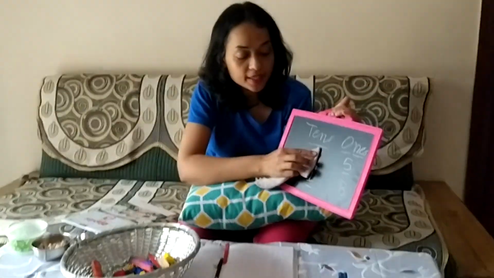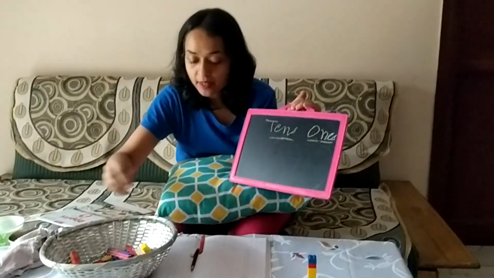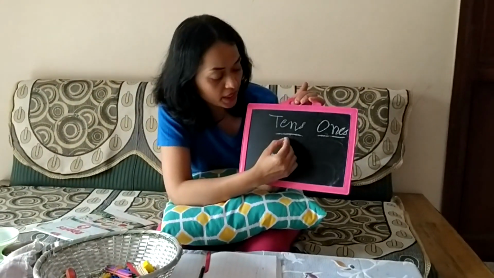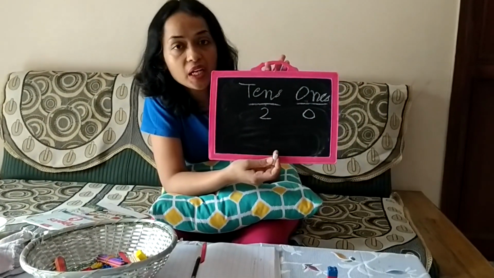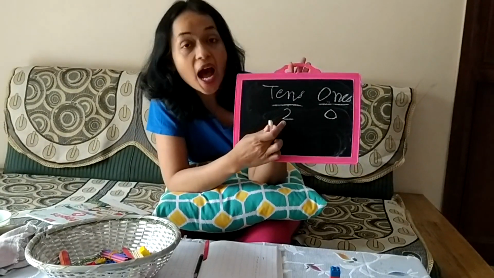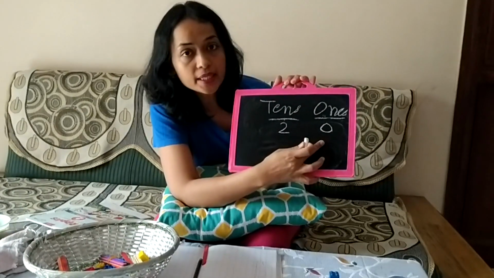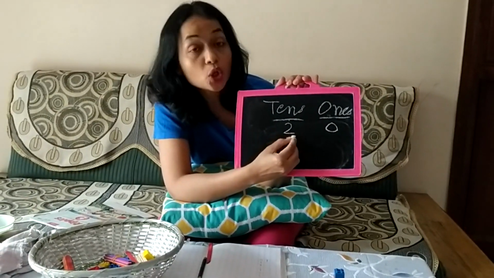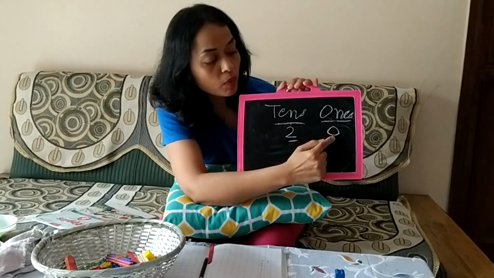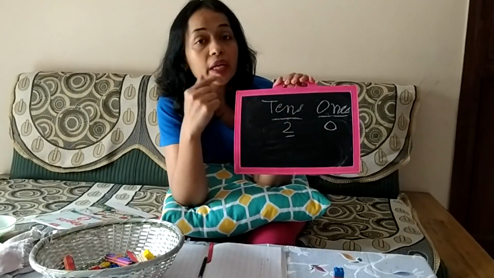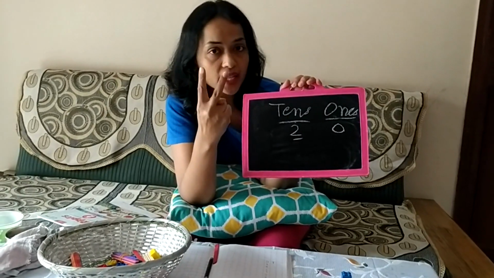So this is how the concept of tens and ones works. The value we have under tens shows how many bundles we need, how many tens we have. Now here we have number 20, okay? Under tens we have number 2 and under ones we have number 0. That means I need 2 bundles, I need 2 tens, right? And under ones I have 0 value, so I don't need more.